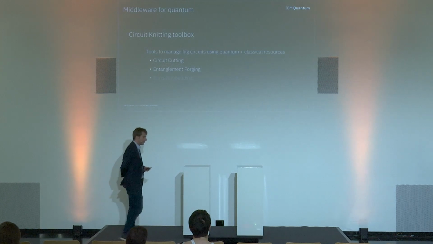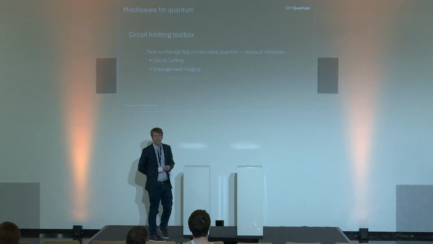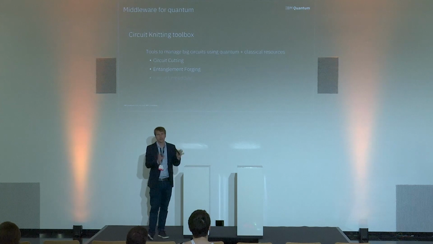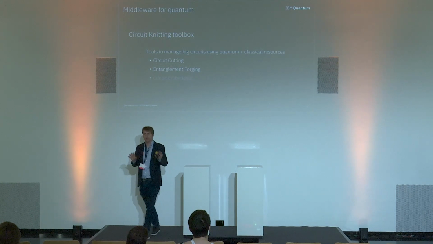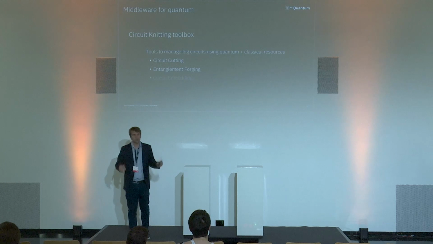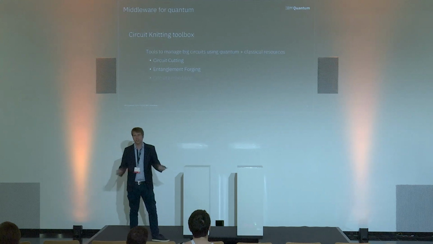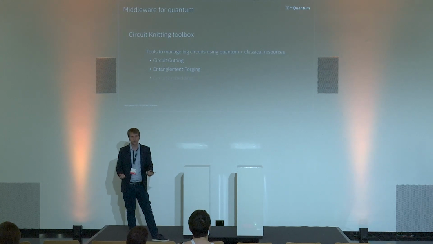And then the second toolbox that I want to talk about here is the circuit knitting. So the task of decomposing one large circuit into smaller components. And this allows us, for instance, to forge entanglement. It can allow us to decompose a quantum circuit, but it can also allow us to engineer connectivity between the qubits that might not natively be present, right?